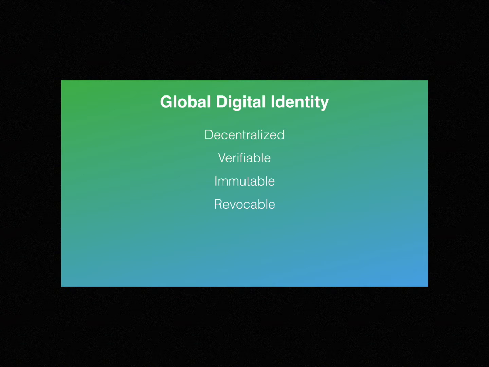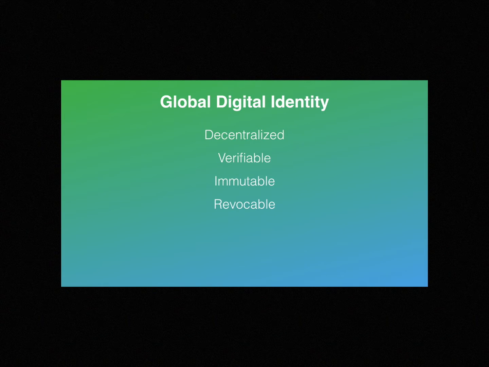Third, my identity must be immutable. Again, I own my data, and I choose who to share it with. However, I cannot freely alter my data before sharing it. The recipient needs to have complete trust that the data cannot be changed once verified. Finally, if something about me changes, say my speeding habit finally cost me my driver's license, then the authenticity of that data can be revoked by the original source.